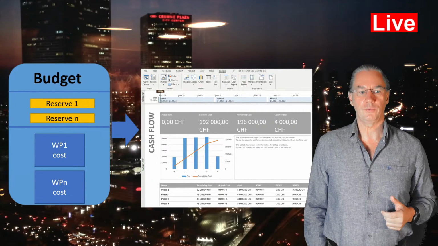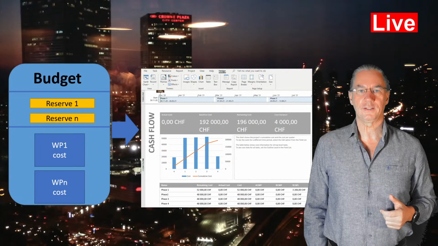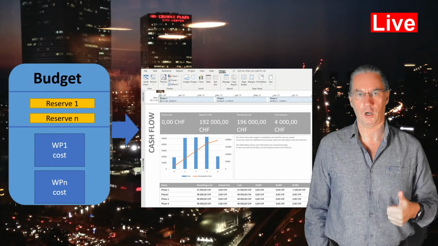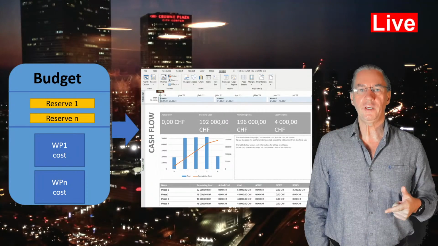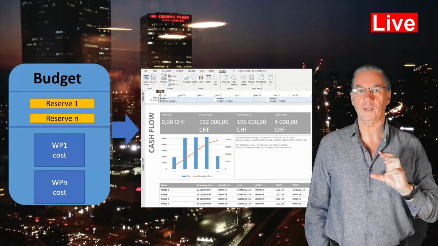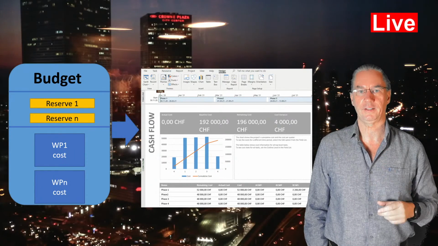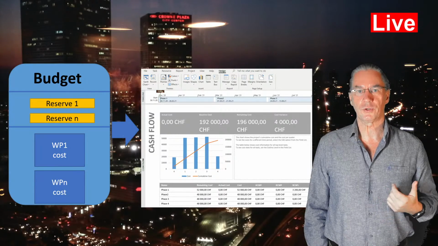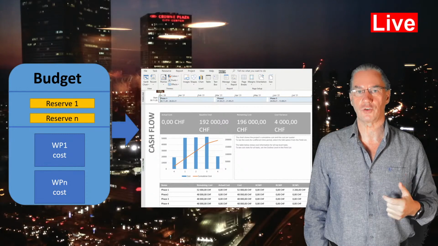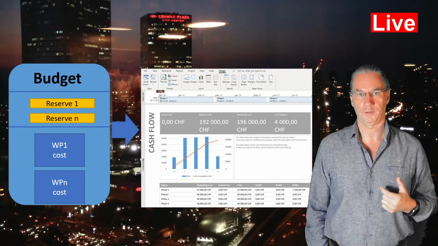I said that there is a baseline. So what we do is that at a moment when we are ready, when we are really sure that we are going to manage this project in terms of cost and schedule, we can fix this, like taking a picture of what the path of our project should be, and this is what we call the baseline, and we'll set that baseline. This is also an aspect that I'm going to give more details on in specific sessions and specific videos about baselining with MS Project.